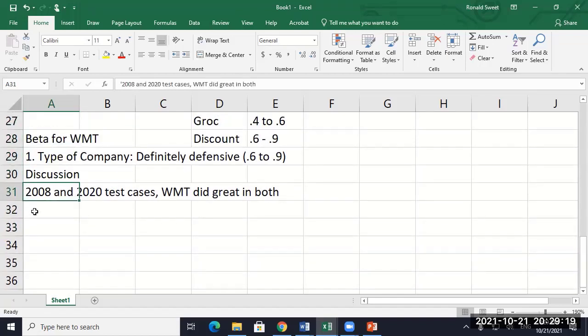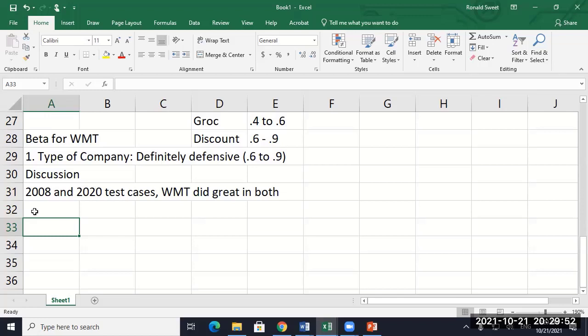Walmart did exceptionally well in 2008. They did exceptionally well in 2020. But does that mean they're really a negative beta company? So for Netflix, I think it's a good company, but if you see the numbers, it's quite low. COVID was really an unusual case for them. I still put it over one, but I read it that it's like 0.7, 0.8, 1. It should be above 1.